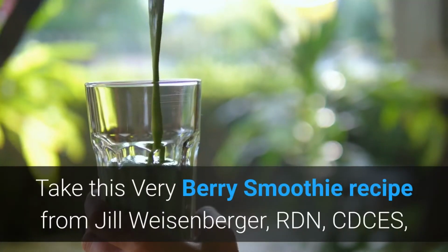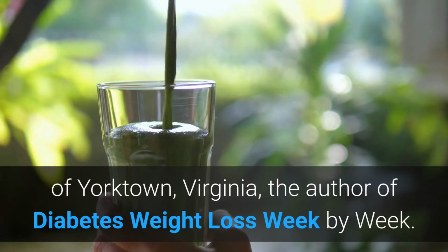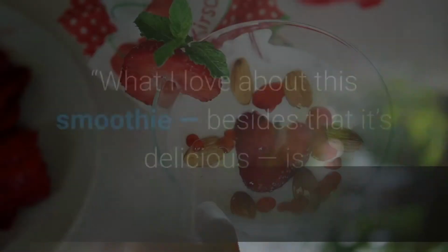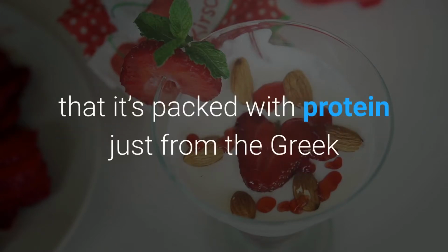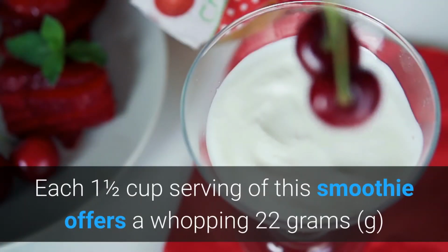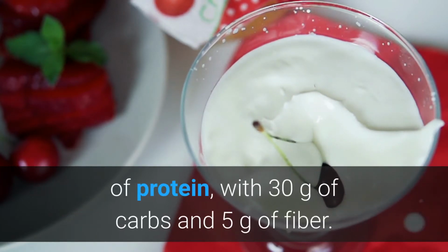Take this Very Berry Smoothie recipe from Jill Weisenberger, RDN, CDCES, of Yorktown, Virginia, the author of Diabetes Weight Loss Week by Week. What I love about this smoothie, besides that it's delicious, is that it's packed with protein just from the Greek yogurt. No protein powders needed, she says. Each 1.5 cup serving of this smoothie offers a whopping 22 grams of protein, with 30 grams of carbs and